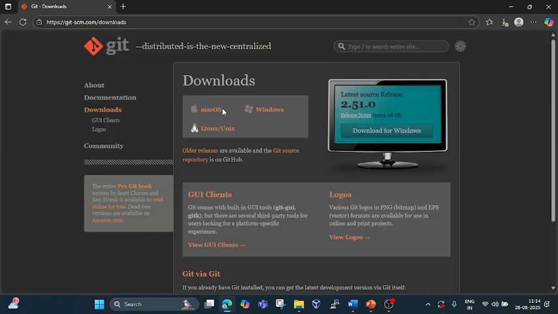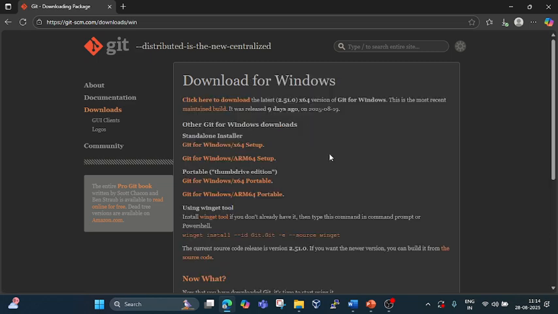If you are using Mac, you can install for Mac. If you are using Windows, you can click here. If you are using Linux, then you can click here. In companies it depends on the requirement and the project, so some use Mac, some use Windows, and some use Linux. You can choose accordingly. Now let's click on Windows, because I use Windows and most of the companies use Windows, so I'm showing you for Windows. But the steps are the same.